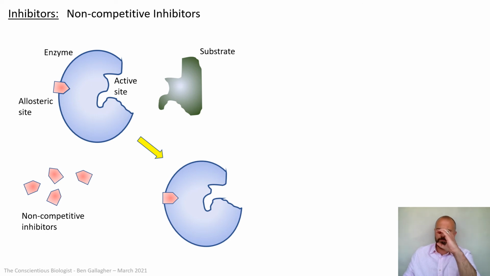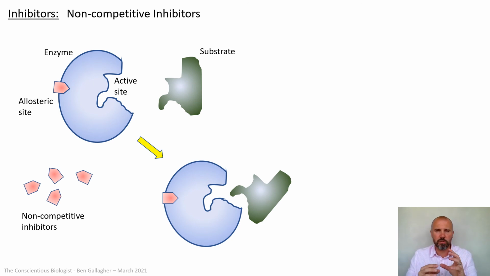If here's my enzyme, okay, if a non-competitive inhibitor binds here, it binds in and kind of squashes the enzyme. It bends the shape of it. So if you look at the active site on this enzyme down the bottom now, it's been squashed and crushed. The substrate is no way going to fit in there. Not even induced fit theory is going to help here. So the binding of the non-competitive inhibitor